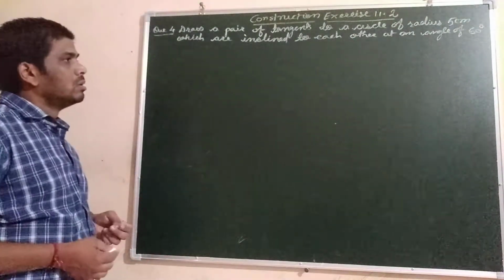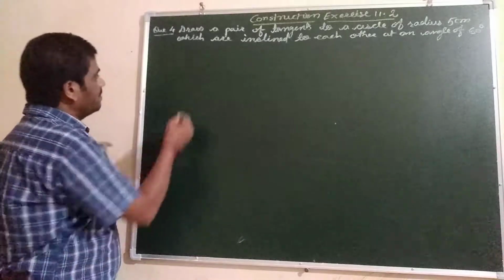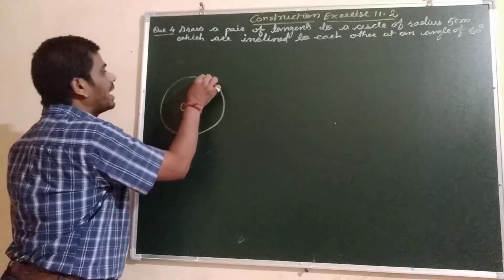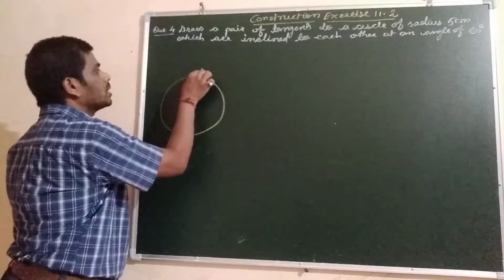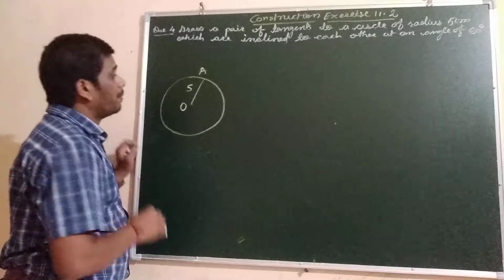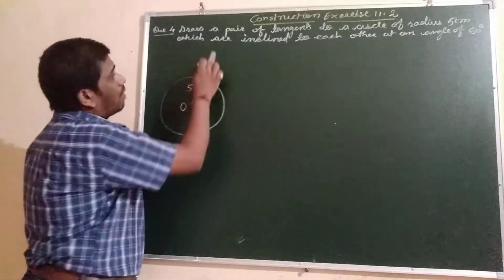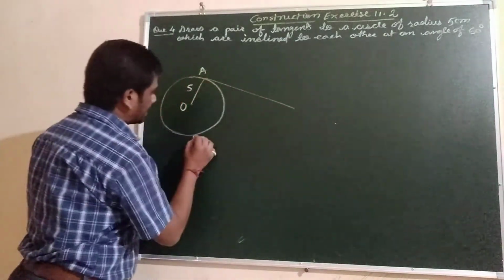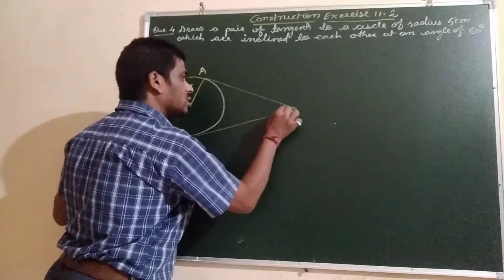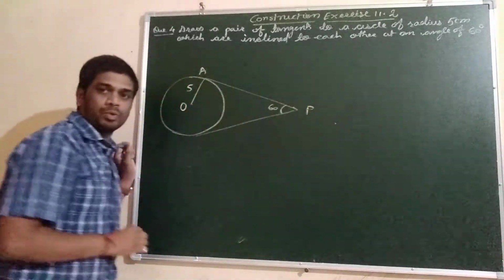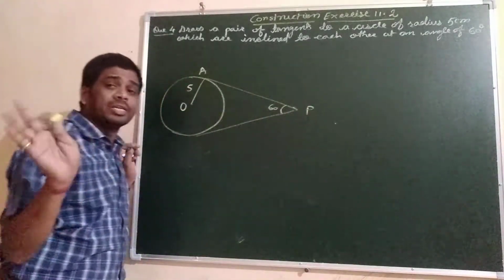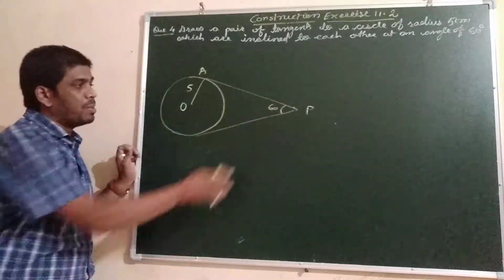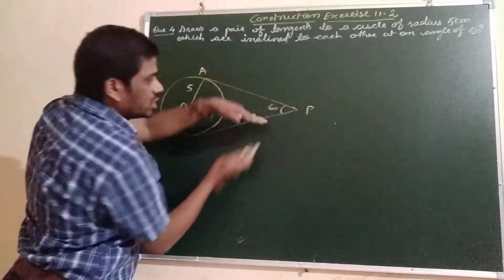So here let's see the rough diagram. This is a circle with center O and radius is given 5 cm. This point will be A, suppose. Now there is one more thing given, what? The inclination between the two tangents. So suppose these are the tangents. So inclination is given 60 degree. This is the point P, suppose. That point P is not given, but the angle between these two tangents is given. How much? 60 degree.